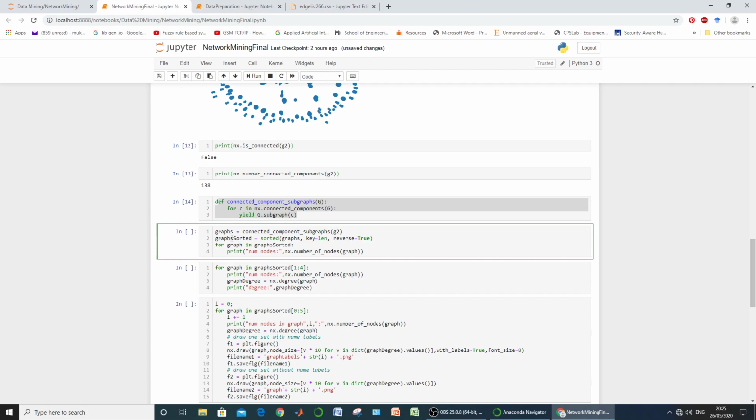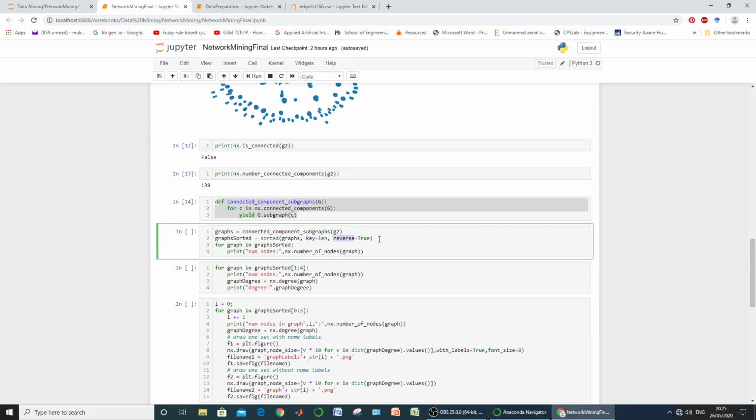Now we need to sort these graphs according to their size, meaning how many nodes a particular graph contains. So let us name it graph_sorted, and we applied the sorted function, where graphs, which we just created, is passed as the argument, the key is len, meaning it is going to sort according to the number of nodes present within the graphs, and reverse is True.